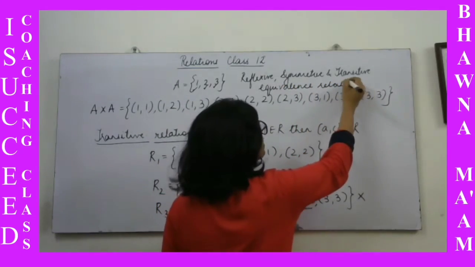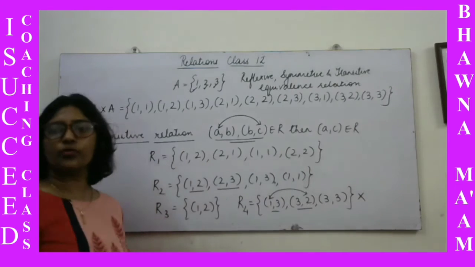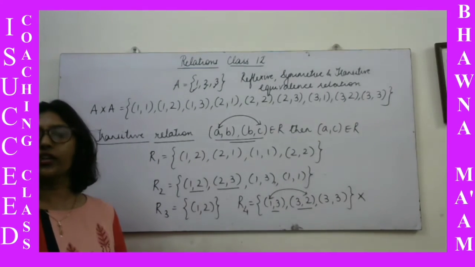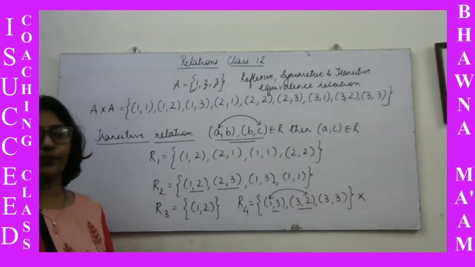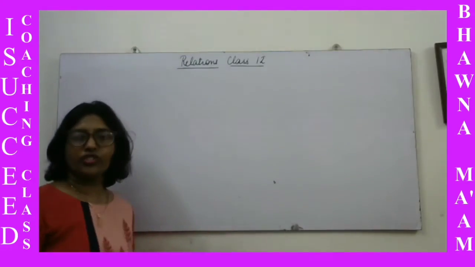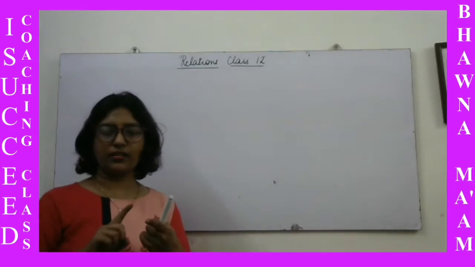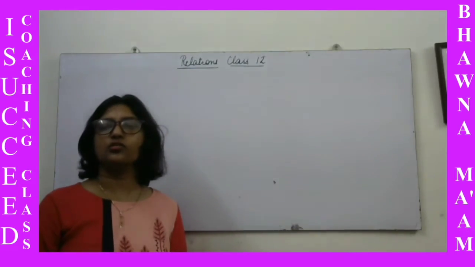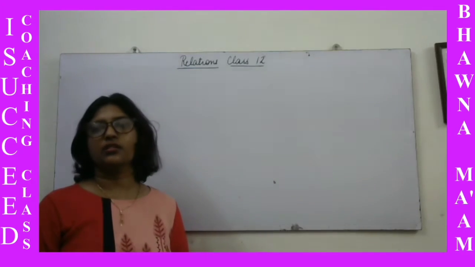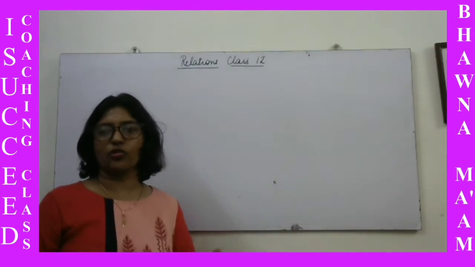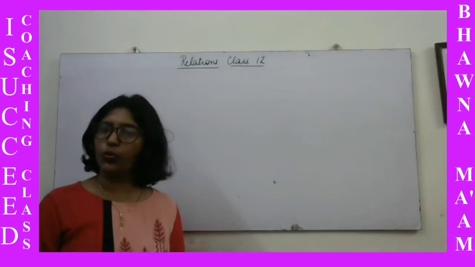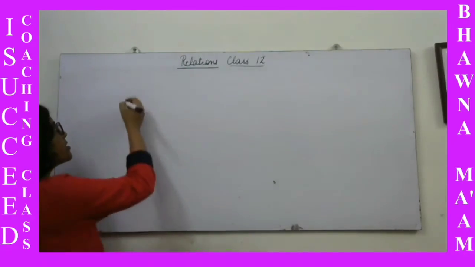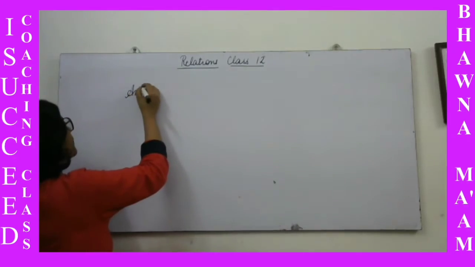It is not a must that a relation has all the 3 types together, but that relation which has all 3 together is said to be an equivalence relation. So we studied the 3 forms, that is transitive, symmetric and reflexive. If a relation has all the 3 types, then it satisfies all the 3 conditions and it is said to be an equivalence relation. Besides this, there is one more kind of relation, that is antisymmetric relation.